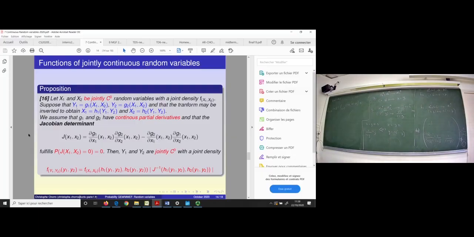A priori, what I have done here can be done without any assumption on x and y. What I have used here is that x and y are strictly positive, but if x and y take strictly positive values, you can write this for any type of distribution. You can write it for exponential, for gamma, for chi-square, of course. I just used the distribution of x and y in what I have done here, here, and here, simply. And now we are going to start to use our hypothesis,